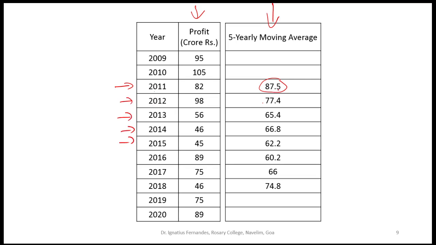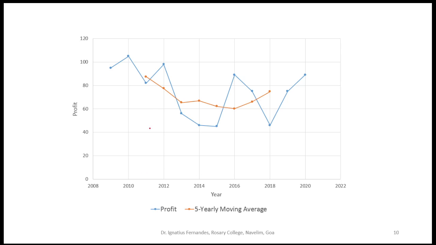Each of these values I have marked against the respective year. For 2011 it is 87.5, then 2012 the corresponding value, then 2013 and so on, from 2011 to 2018. So this is the 5-yearly moving curve, and you will see that we can see a trend in a better way. The original graph is more fluctuating, with higher variations, and we have tried to smoothen it, so we are in a better position to look at the trend followed by the time series in general.